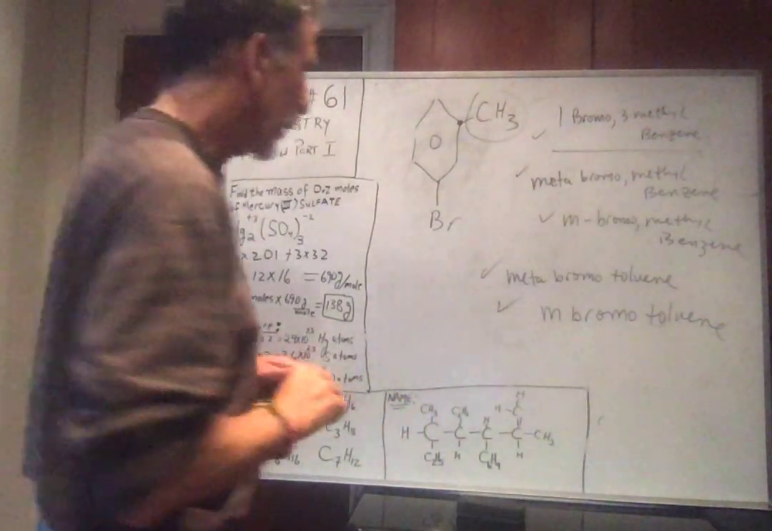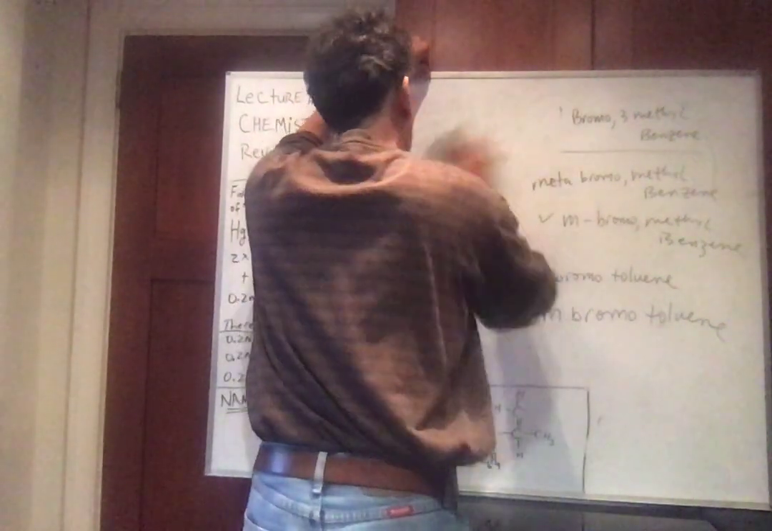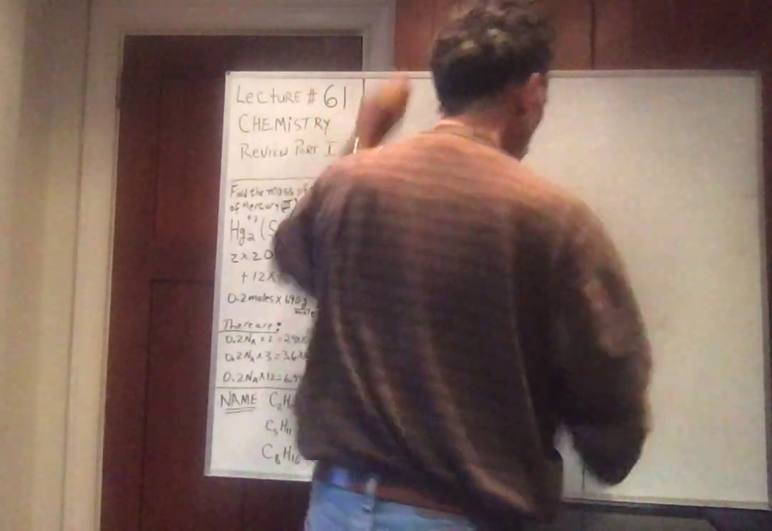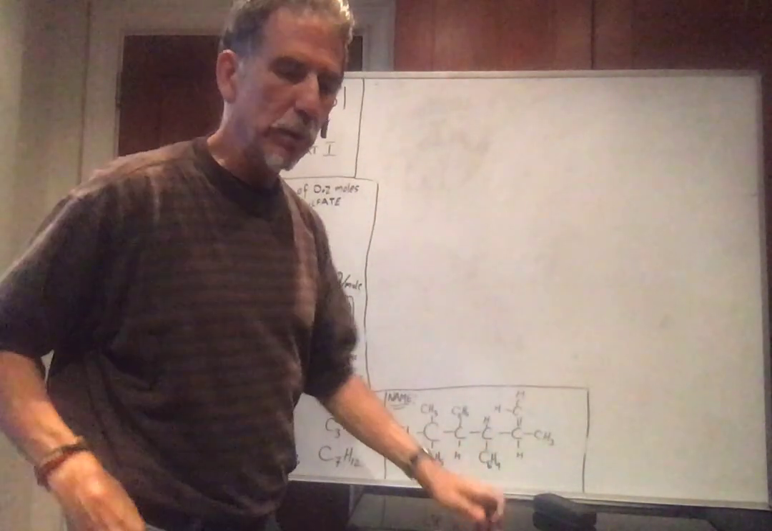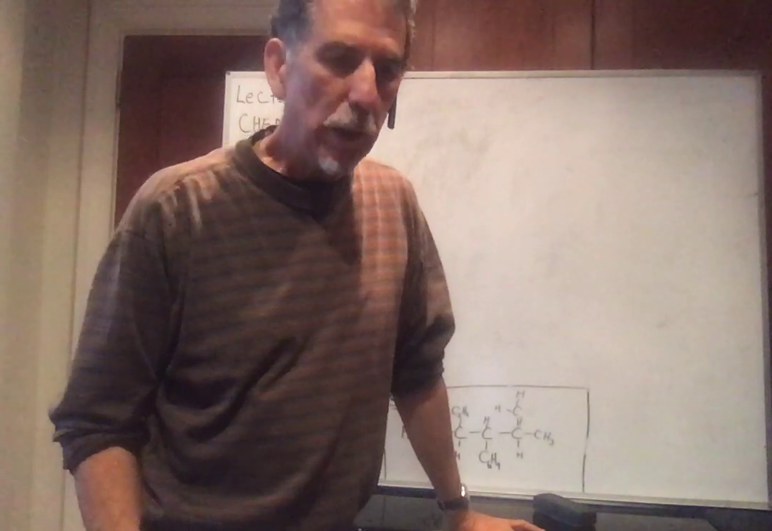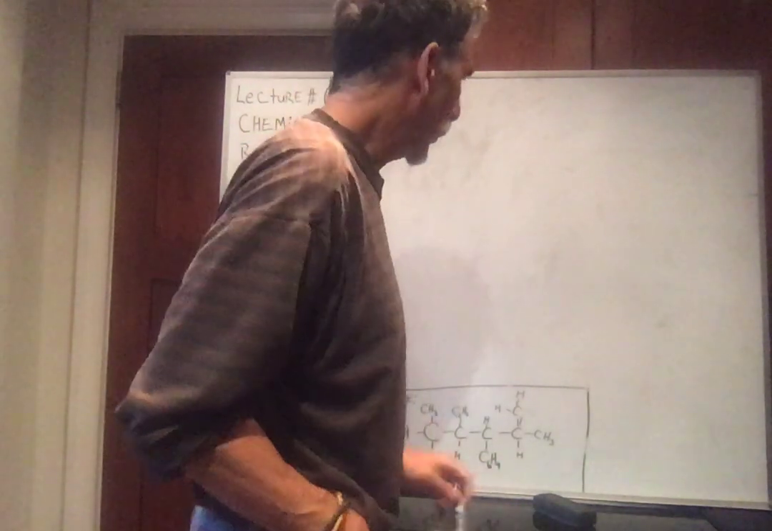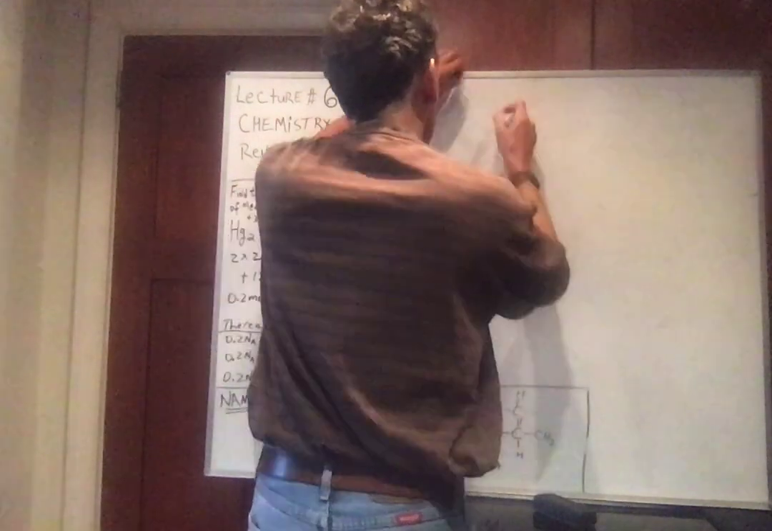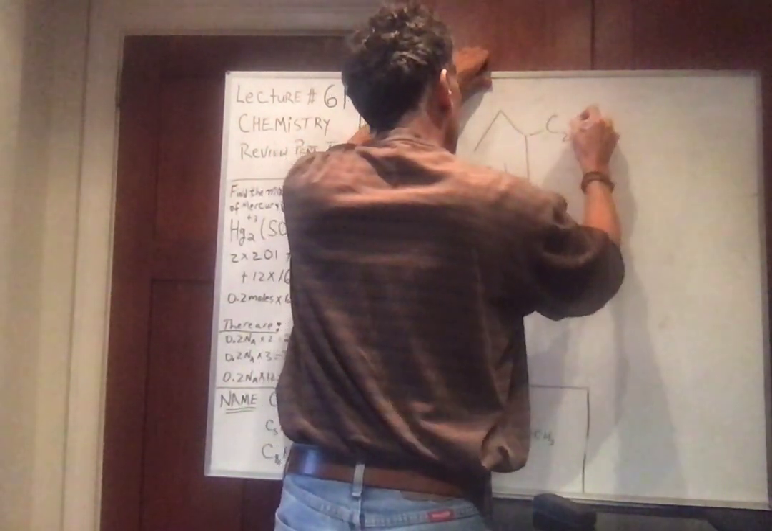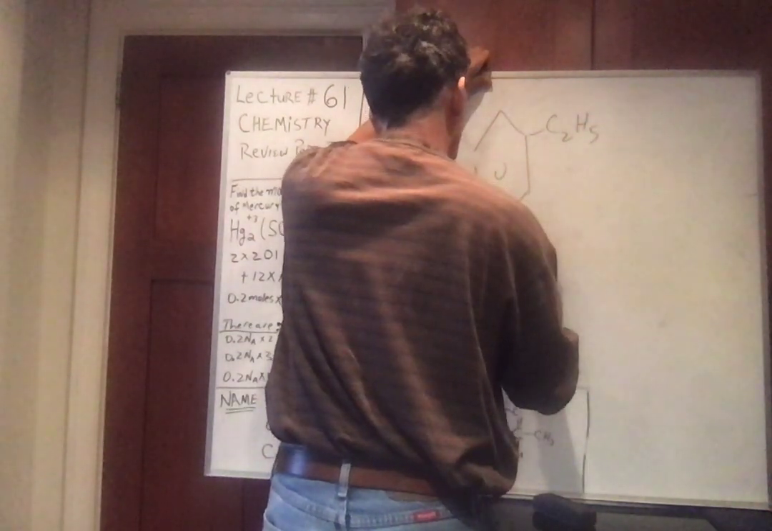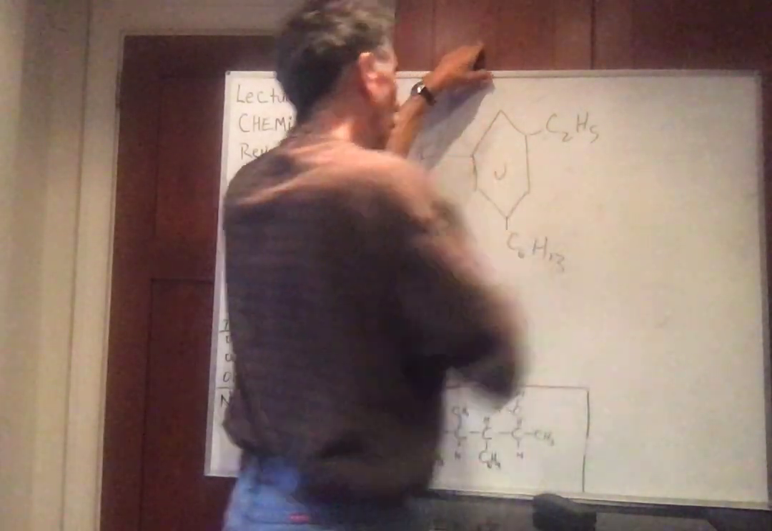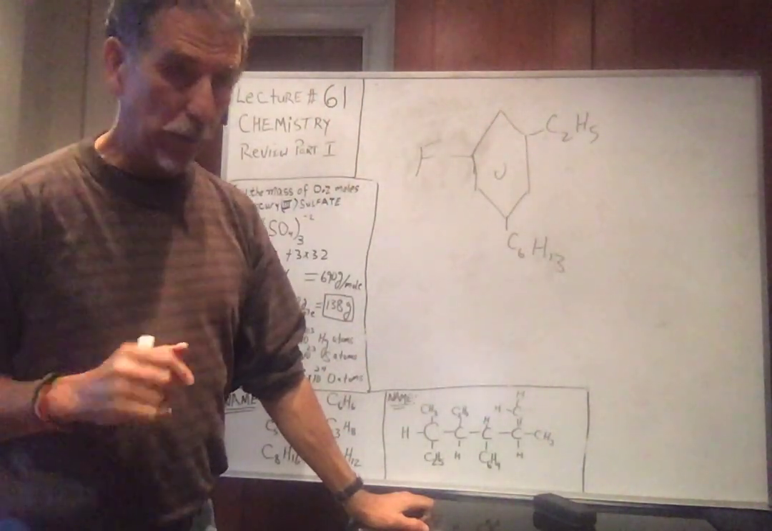Okay, let's try another ring. Let's just do another ring. So when there's two additions, you can use 1 and 2, 1, 3, 1, 4, 1, 5, whatever you want, or you can use the ortho, meta, and para. Okay, you could use either one. When there's more than 2 additions, then we have to just do it alphabetically. Okay? All right,